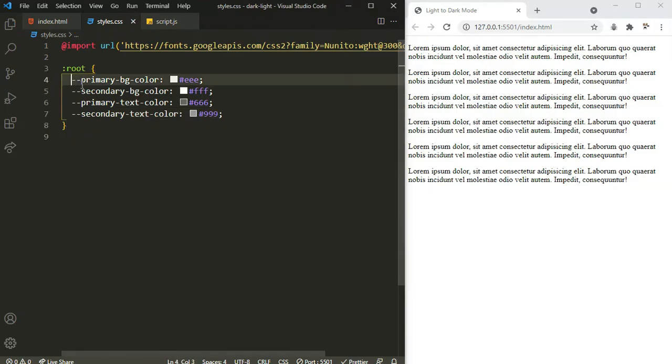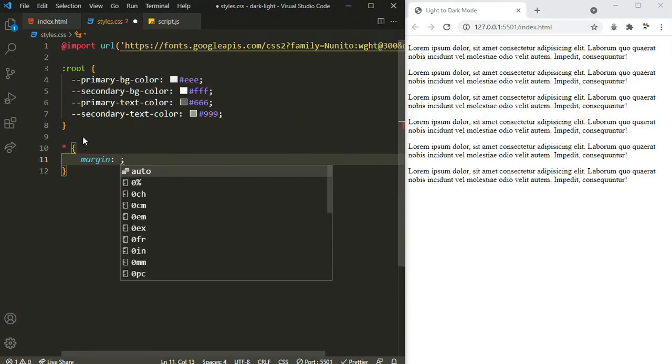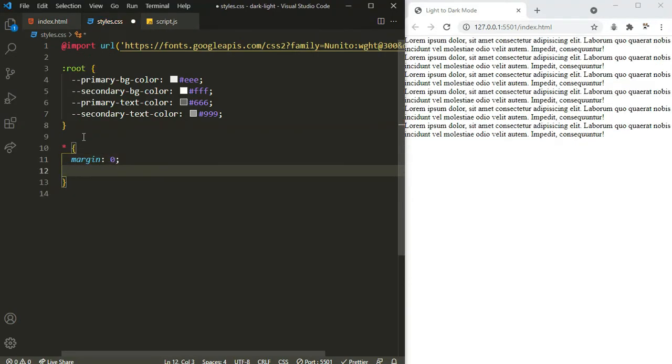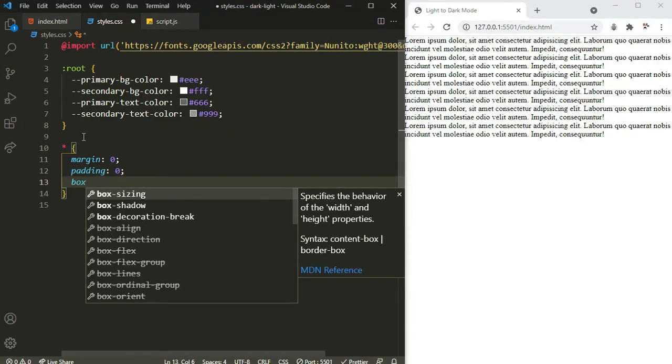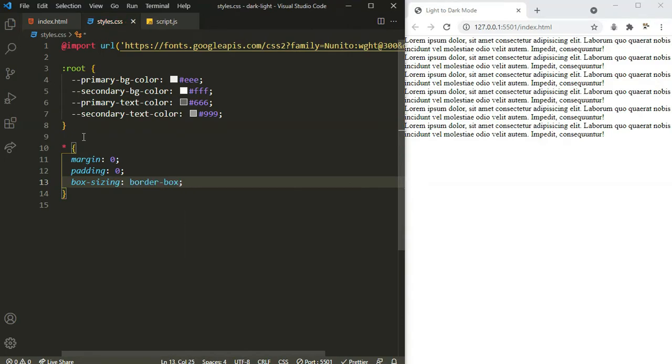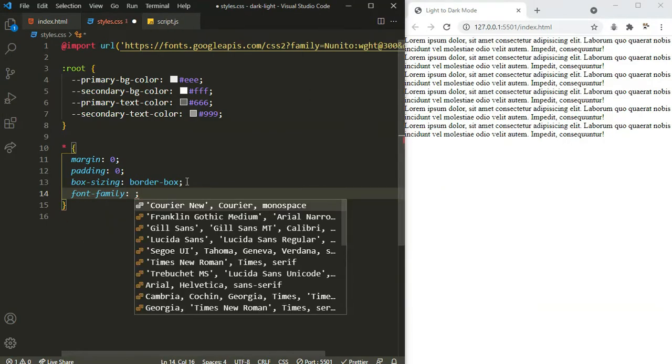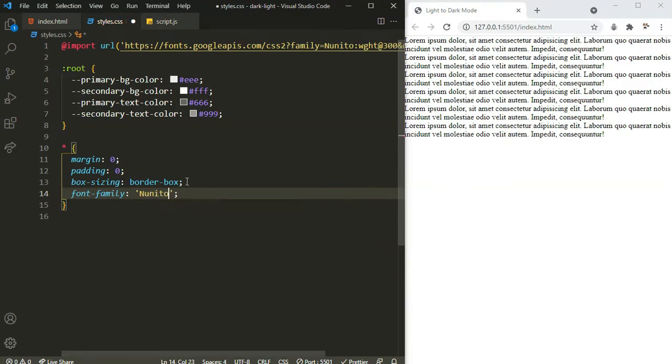Okay, now we have some variables, so let's target everything. Remember, the browser by default applies some margin and padding, so we need to clear that by saying margin 0 and padding 0. And let's also set the box sizing to border box. And let's also set the font family, which we already imported from Google Fonts, that is Nunito.